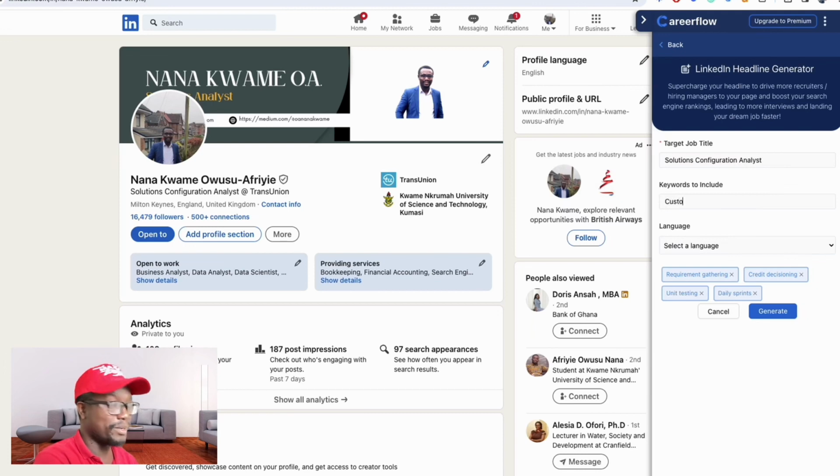These are some of the keywords in my job. And when you click generate,